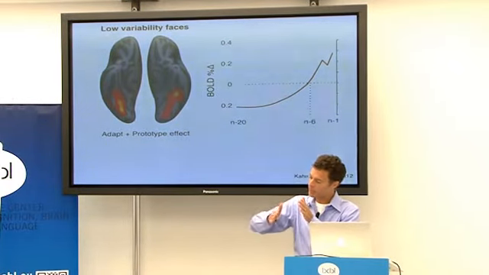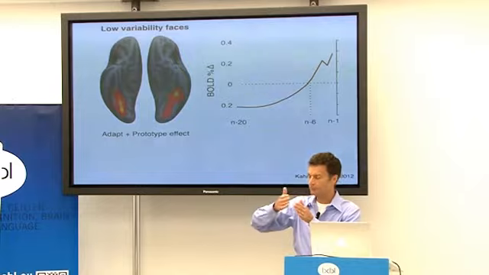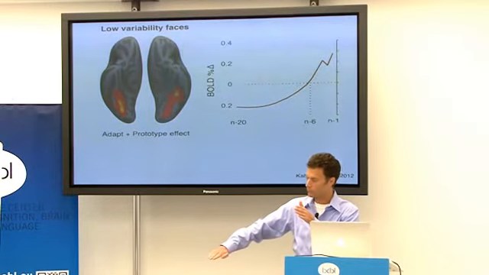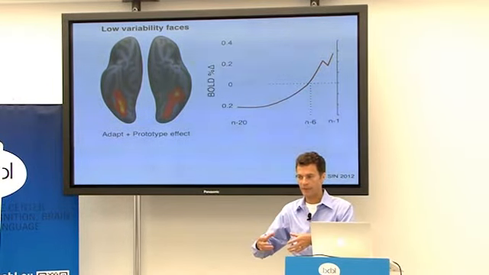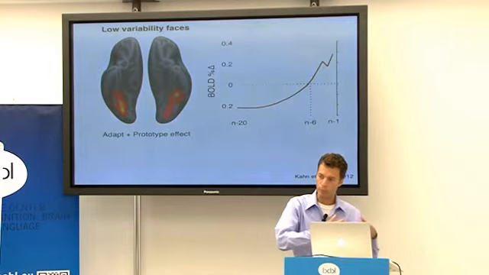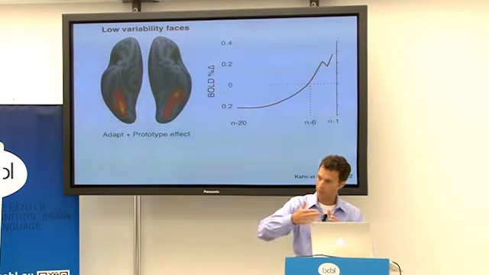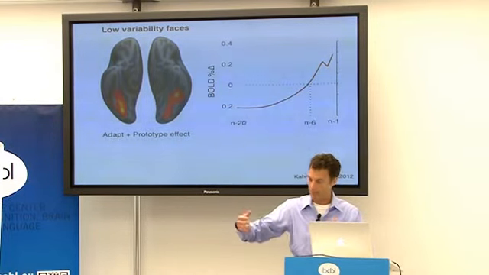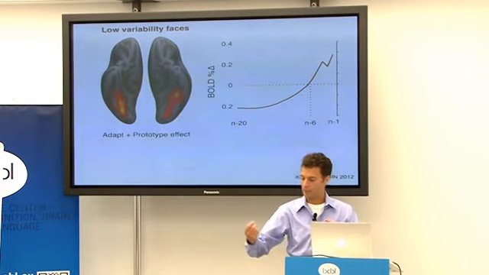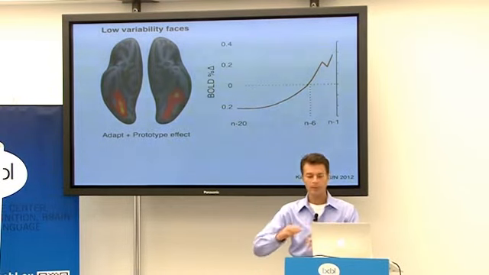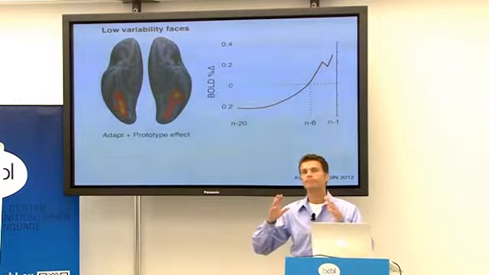And if you have just a little bit of a tail in history, if the neurons integrate over just a few stimuli back, that creates an effect that looks just like a prototype coding, because going a few stimuli back in time now starts to converge on the center of the space. So to make a long story short, what